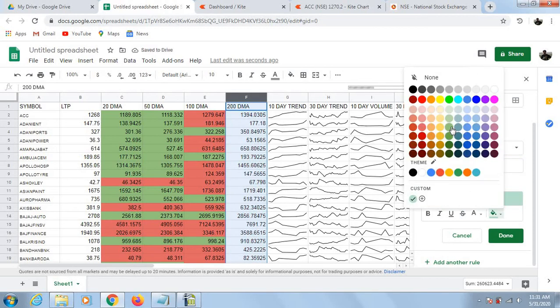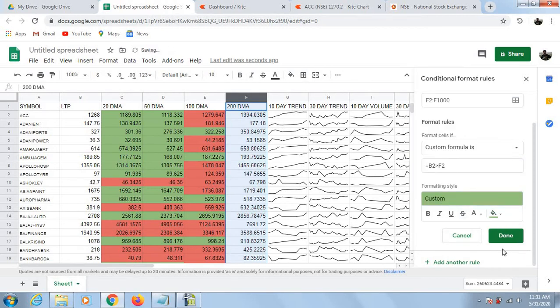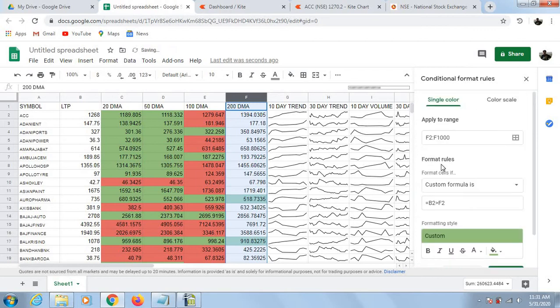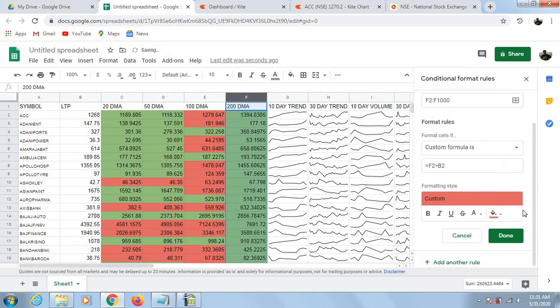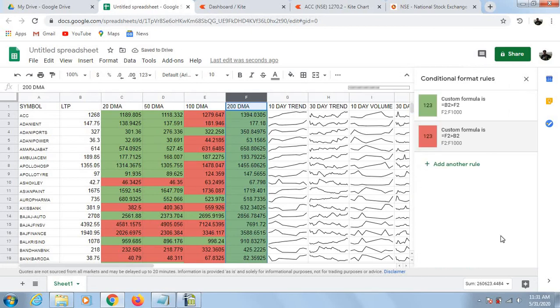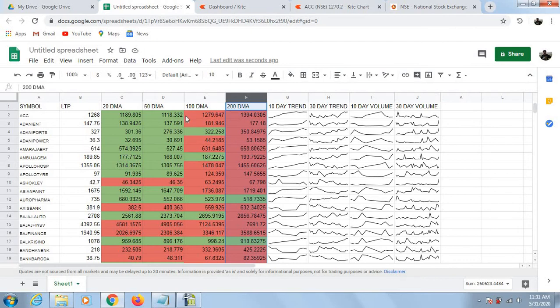Color code it as green and add another rule, is equal to F2 greater than B2. Color code it as red. So our trend scanner sheet is ready.